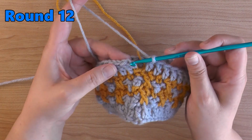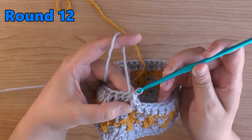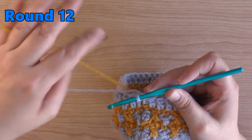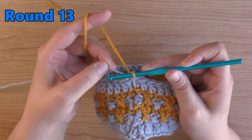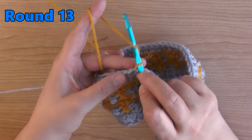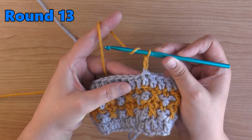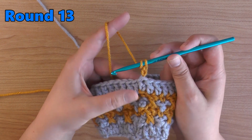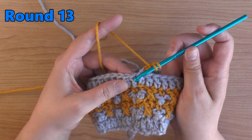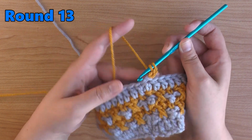And when you're done, remember, slip stitch in the beginning, double crochet, and then you want to pick up your variegated color or your other solid color. And we're going to be doing a chain of 2 to start. And now we're going to be doing back post. And to do back post, we're not going to be doing the chain 2, remember it's not really a stitch. So the very first double crochet, you come in from behind it, from the back,